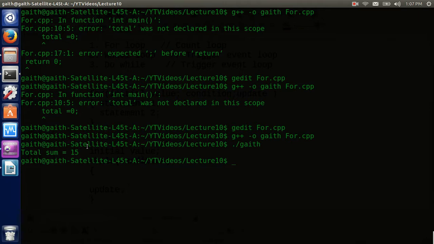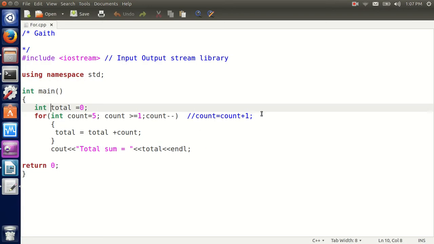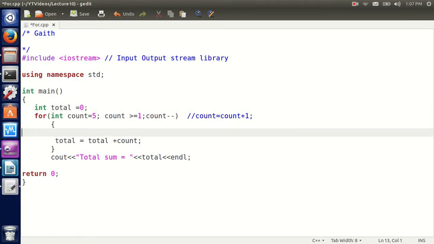Total sum is 15. But now is there a way to print it, 5 plus the 0, let's say total, plus what, showing every iteration what happens? Let's go back. I want to print every iteration what happens. So here I'm gonna say cout, and I'm gonna say iteration